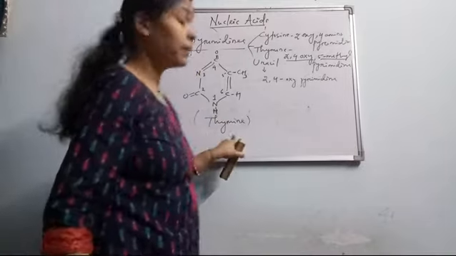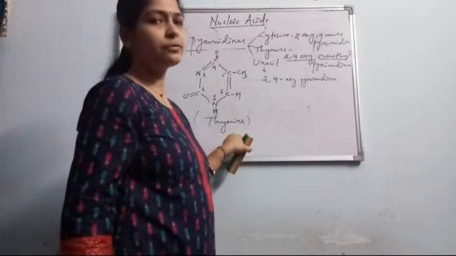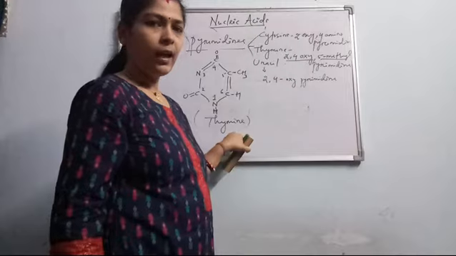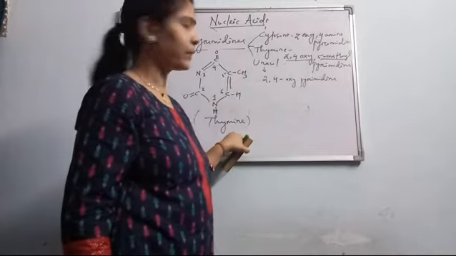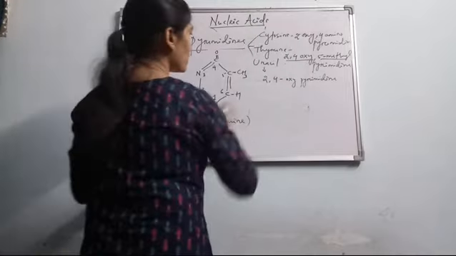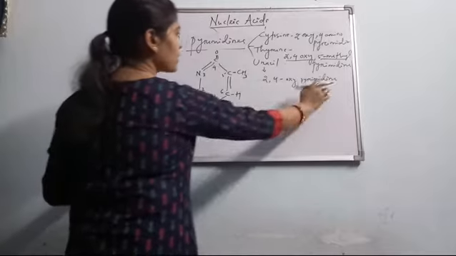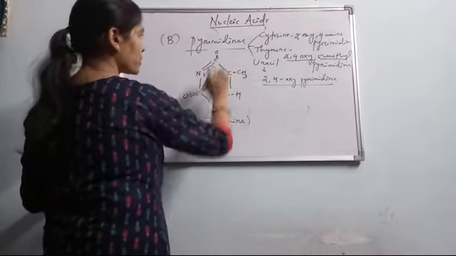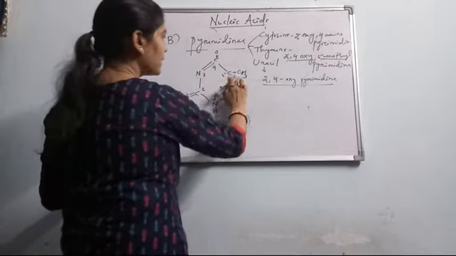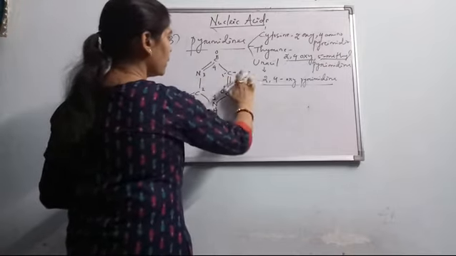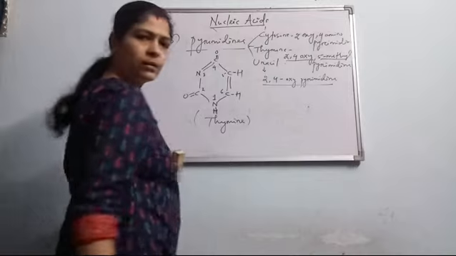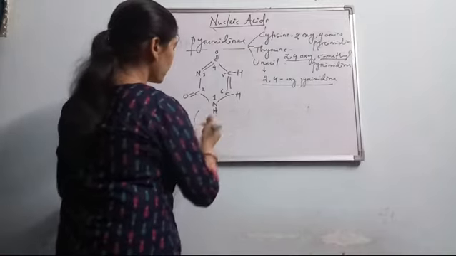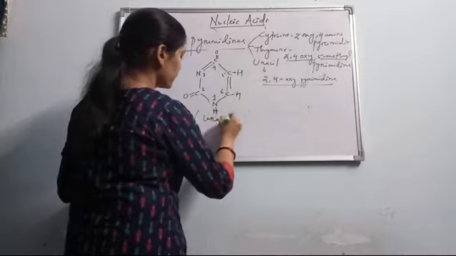Okay, this thymine is present only in DNA instead of uracil. RNA contains uracil and DNA contains thymine. Now about uracil structure. Uracil is 2,4-oxy pyrimidine. 2,4-oxy pyrimidine means these 2 and 4 positions are held by oxygen, and here the 5th position of the carbon will be as usual with the hydrogen. So thymine will change into uracil with this structure.